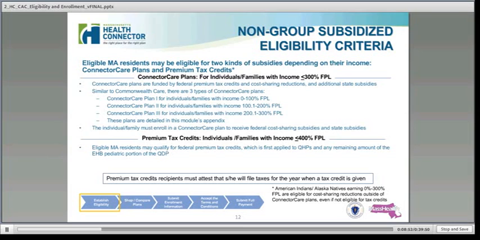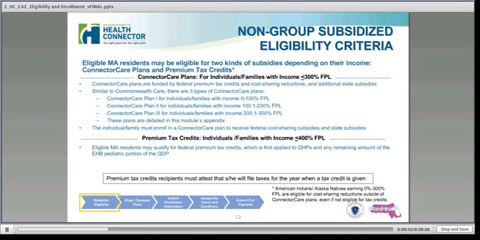So I'm going to move along to slide 12. I think slide 12 more or less says everything I just said, but we'll look at that again and just make sure we don't have anything missing here. When you are teaching this back to your folks, what is important to note on slide 12 is that the Connector Care plans, and actually this is a really important point to make, and we'll probably be repeating it a few times today.